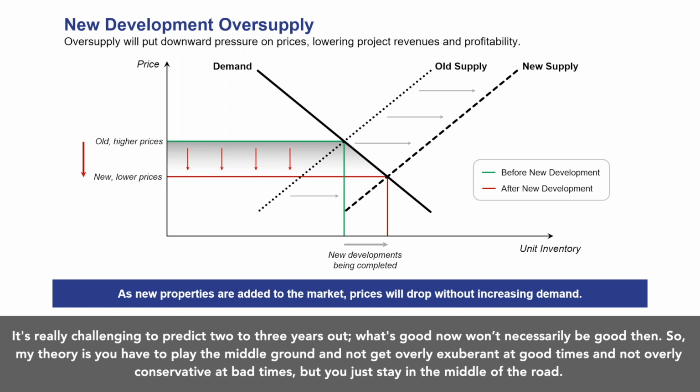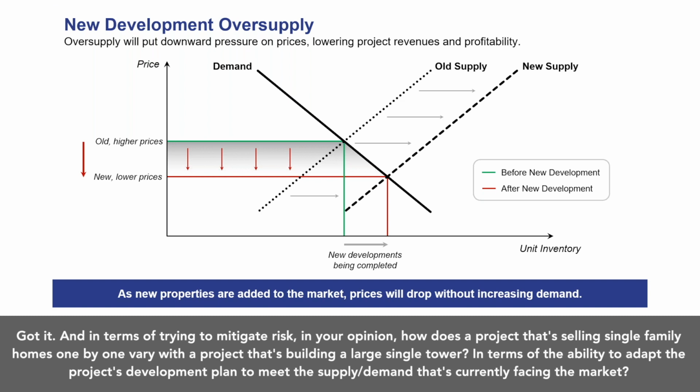So my theory is you have to play the middle ground and not get overly exuberant in good times, and don't get overly conservative in bad times, but just stay in the middle of the road. Got it. And in terms of trying to mitigate risk, in your opinion, how does a project